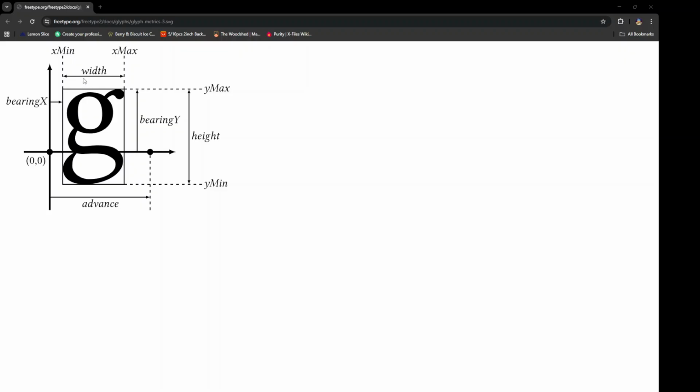And then we have the width and the height of the glyph itself, and then we've got this advanced width. So this is the distance in pixels from the origin point of this glyph to the origin point of the next glyph,